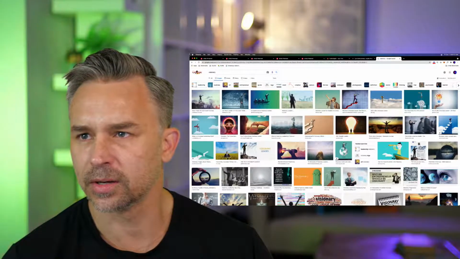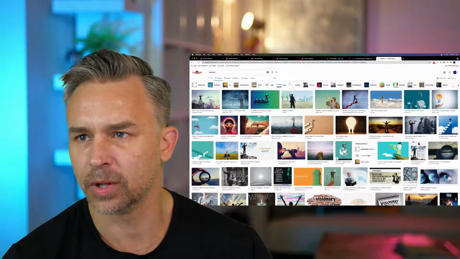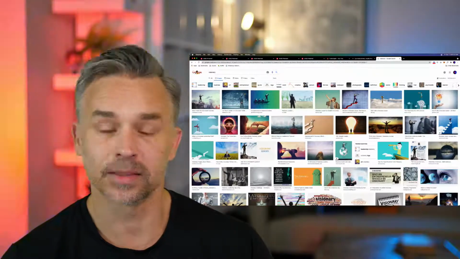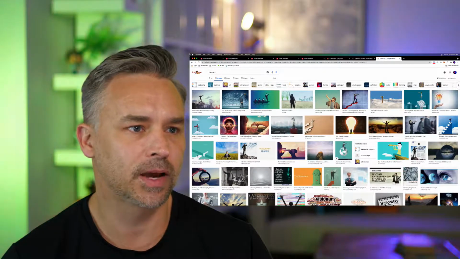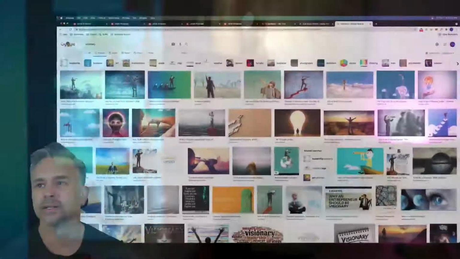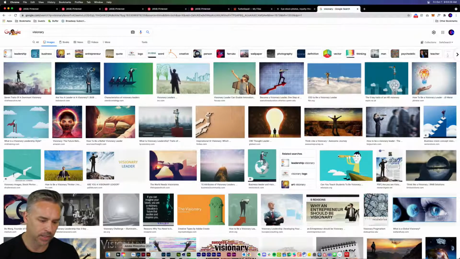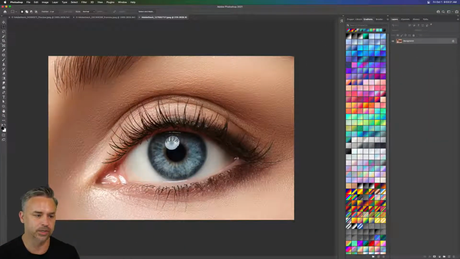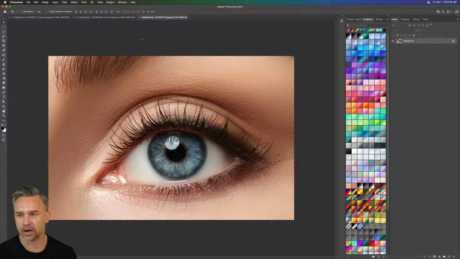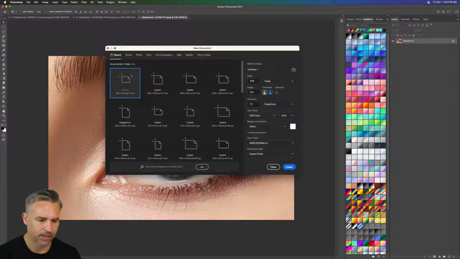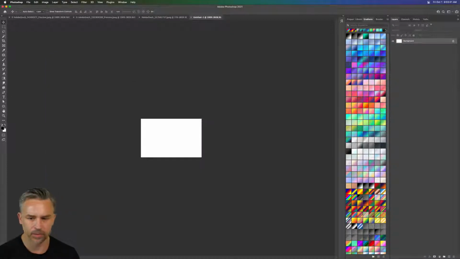Is it possible to create a document preset in Photoshop which has multiple artboards? Not that I'm aware of, but that would be a good idea. So yeah, a preset that has multiple artboards. Now, I'll tell you what you can do. Let me just answer that question. Here's my visionary eye. Yeah, of course, we could play with an eye all day long. It's just kind of fun. You can have a file that has multiple artboards